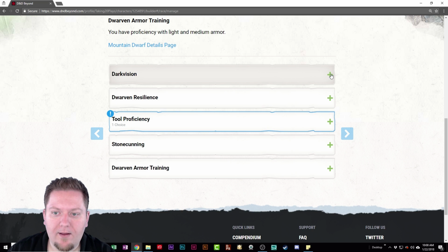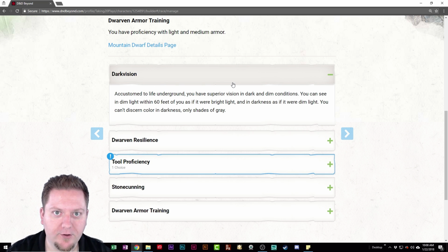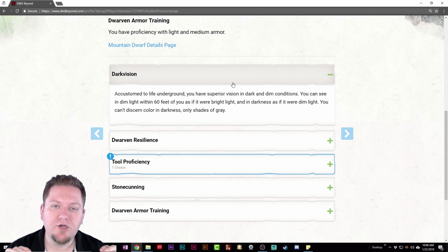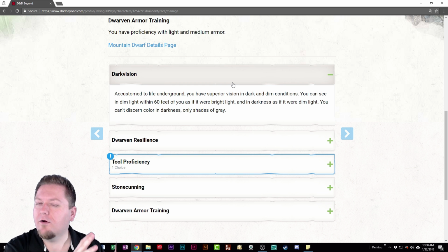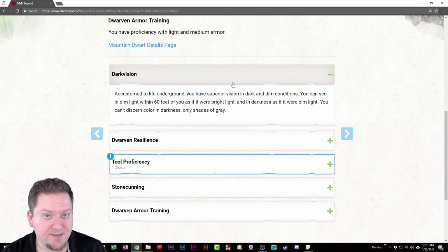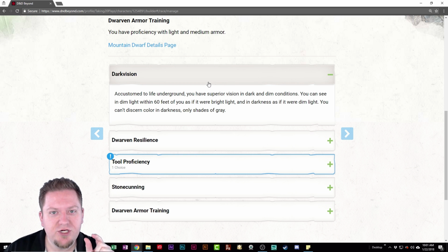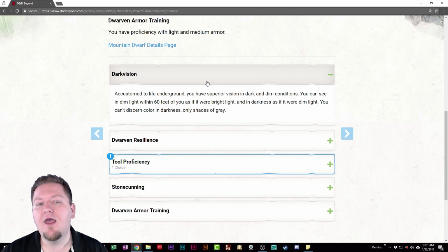Now, as you're going through, this is why I think this program is really, really good. If you are introducing someone to the game, yes, this is a weird way to build your character versus what people might typically do by starting with abilities and stuff like that. But this is really good. It's going to walk them through absolutely everything so that they can still make their own choices, read just a little bit on what they need to read, and then after that,